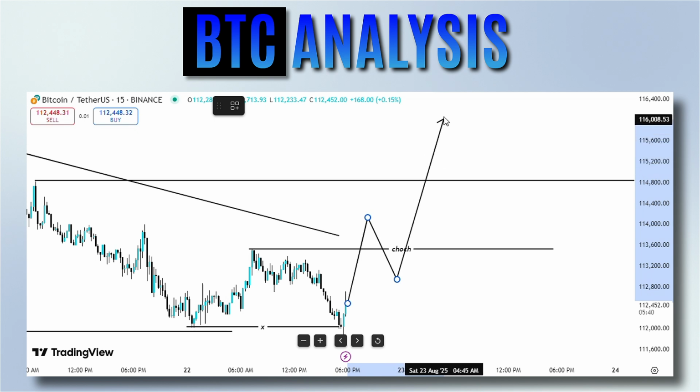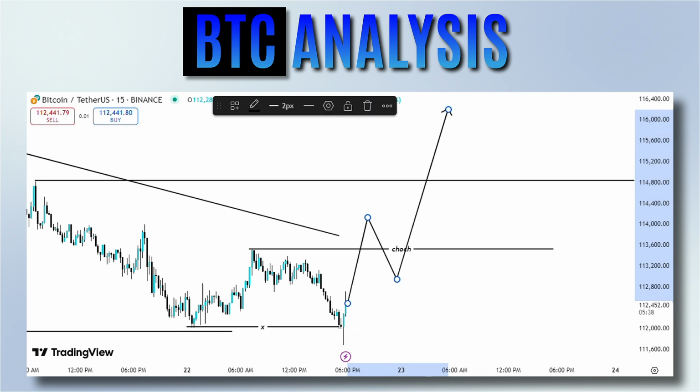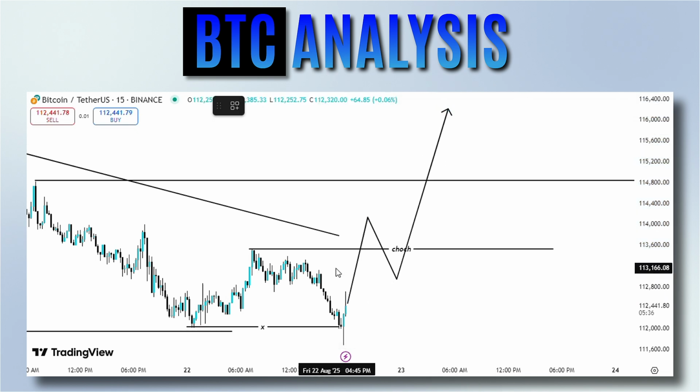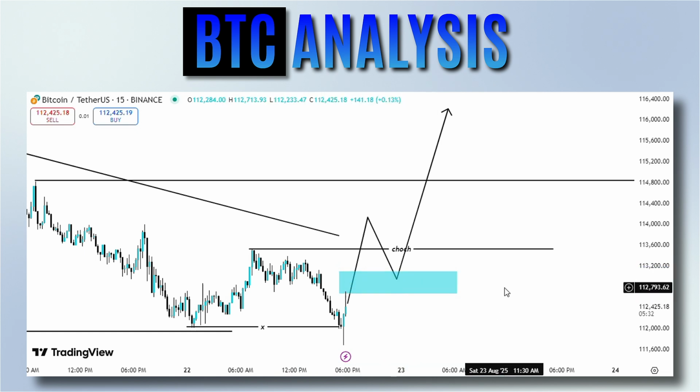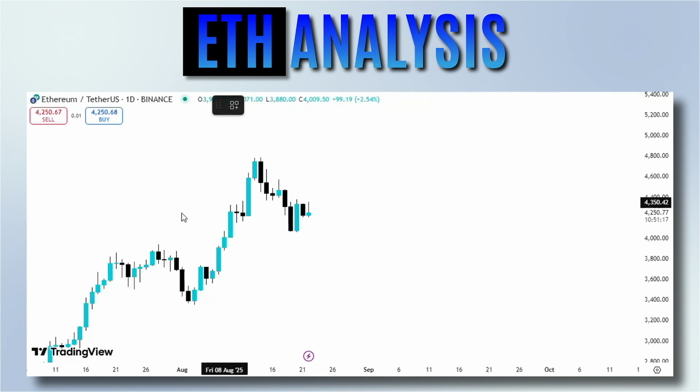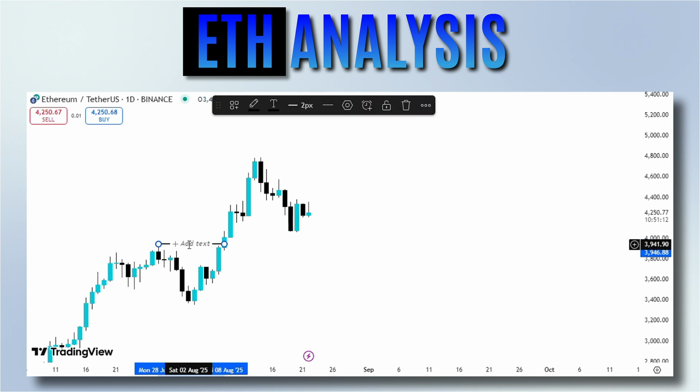This is a classic top-down analysis. We use the high time frame for our directional bias and points of interest, and the low time frame for our precise entry trigger. We are essentially betting that the liquidity sweep on the higher time frames is enough to fuel a short-term bounce. Today, we're looking at Ethereum ETH/USDT, using a top-down approach, starting from the daily chart